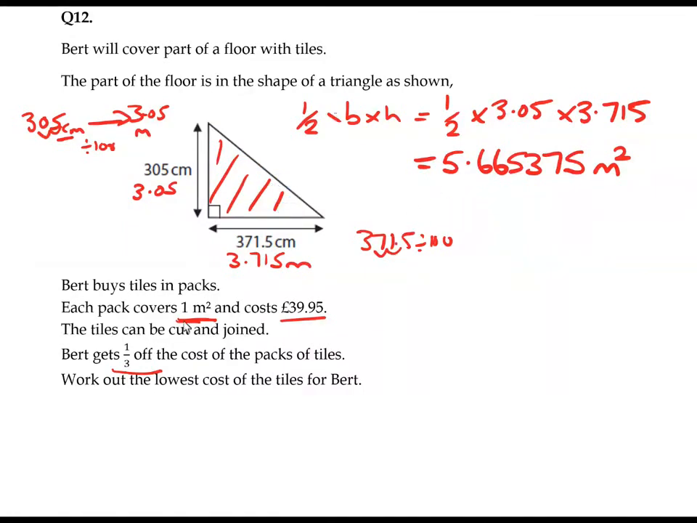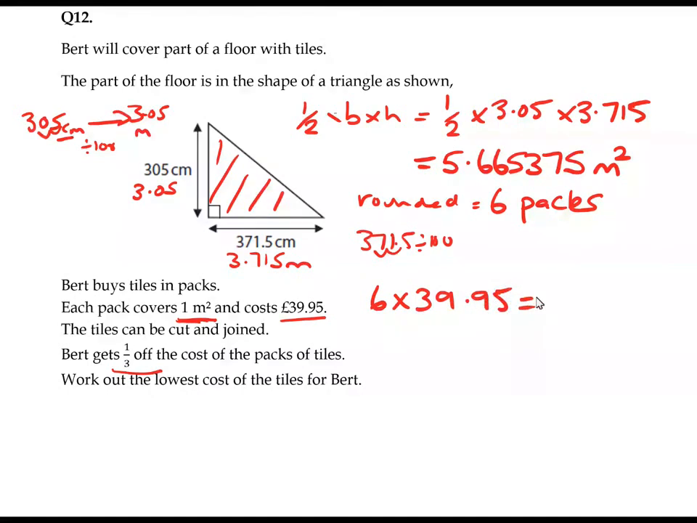Now, because we are talking about the packs covering whole meters, we can round it to the nearest whole number, but we need to round up because we can't buy 5.6 packs. It looks like we're going to need 6 packs of tiles so that we cover our area of 5.66 meters squared. So we've got 6 packs at